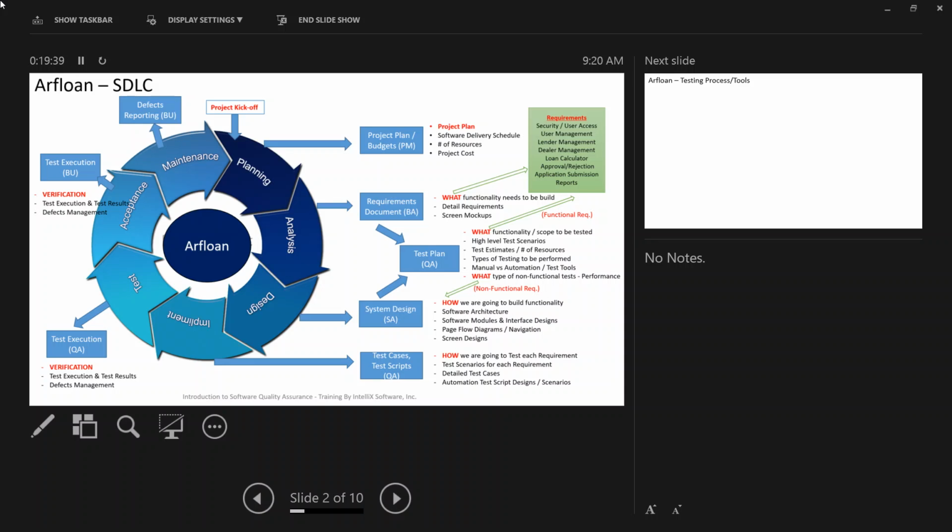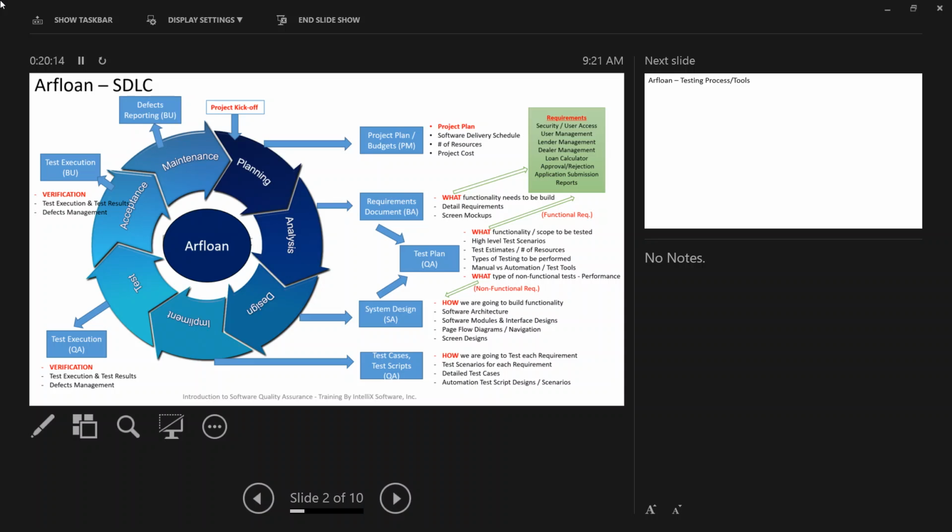And I can give them different modules to test. Maybe somebody will take the lender management module, somebody else will take 2 other modules, and somebody else will take the 3rd module. So the three QAs are responsible for their own modules. They start writing the test cases for whatever module is assigned to them. But they still need to understand the overall process. They still need to understand the requirement in full, because otherwise they cannot write their test cases.